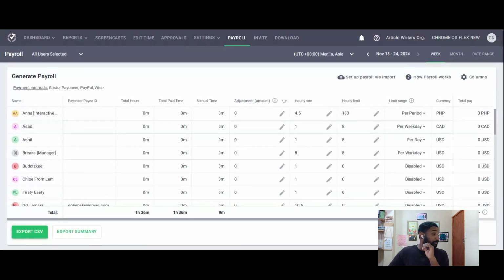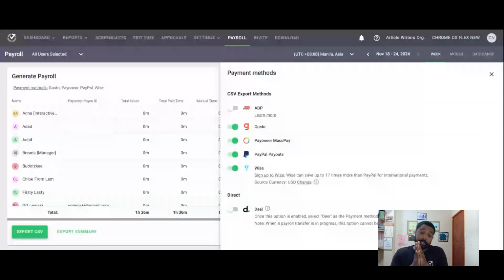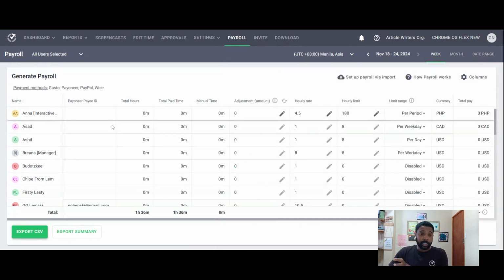Over here, you'll find the different export integrations that we have, such as Gusto, Payoneer, PayPal, and Wise. We also have a direct integration with Deel, like we mentioned in the beginning, and we'll talk to that in a second. Once you've established which ones of these you'll be using and you've toggled them on, you can then move back to the direct page